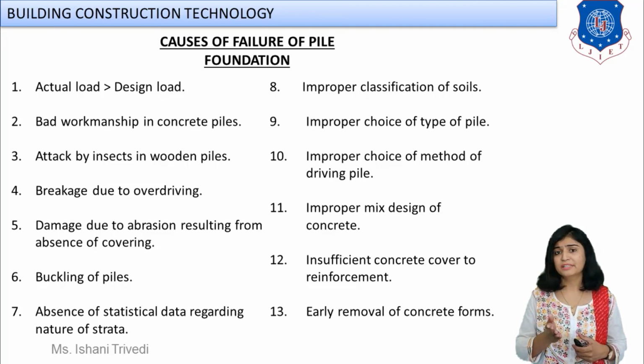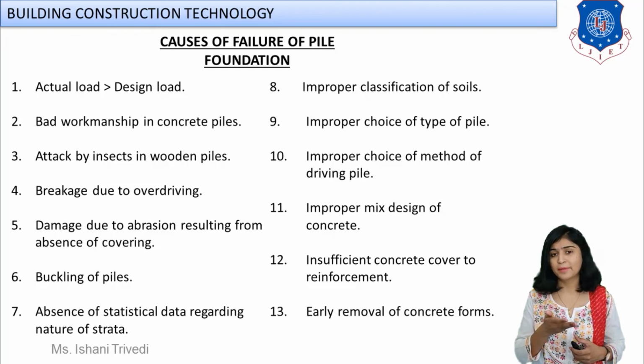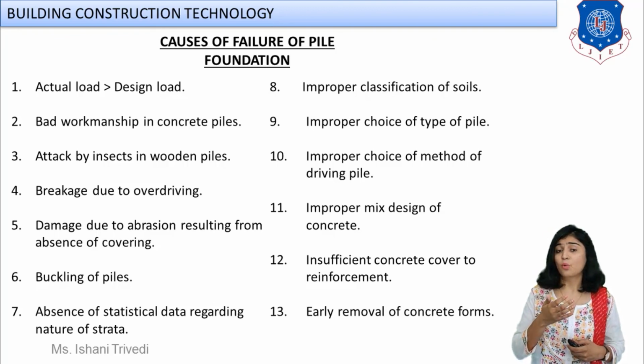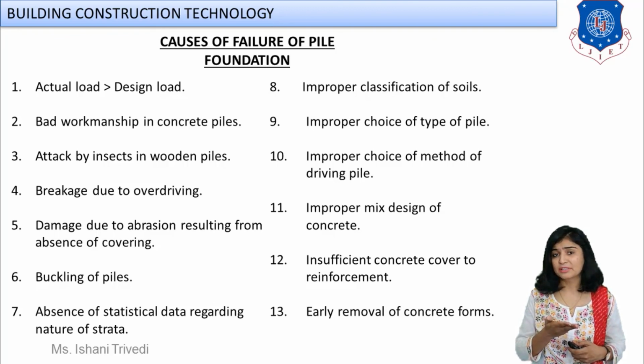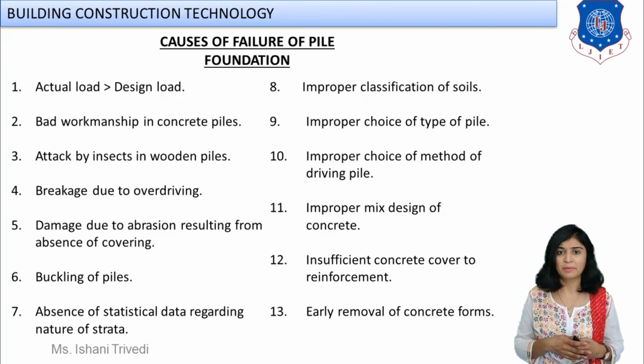Apart from that, you can say if the pile member is not properly vertically aligned, if it gets inclined from its position, that is buckling of pile members. Sometimes overdriving can also cause damage in the pile members, which you sometimes cannot rectify in the case of precast members. So there are lots of causes due to which failure can take place. I think you will be able to write them down, because once you are done with the full chapter, this will come automatically to your mind.